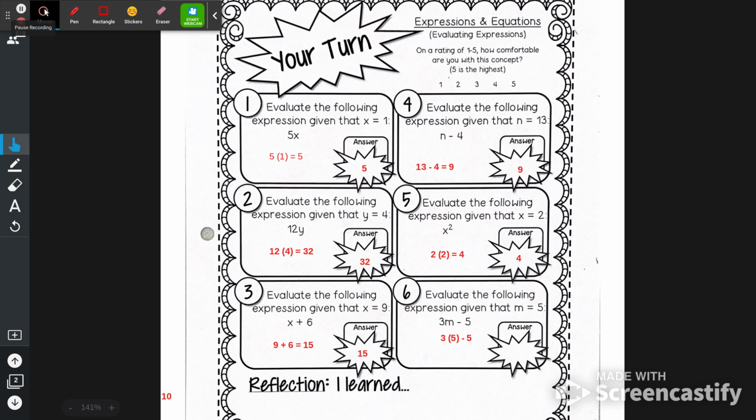Now we do need to be careful here because we must use our order of operations, our PEMDAS. What comes first? Parentheses, exponents, multiplication, and division. And we do have multiplication and division. So we have to multiply 3 times 5, which gives us 15. And then we're going to subtract that 5 last, which gives us 10. So ultimately, our answer